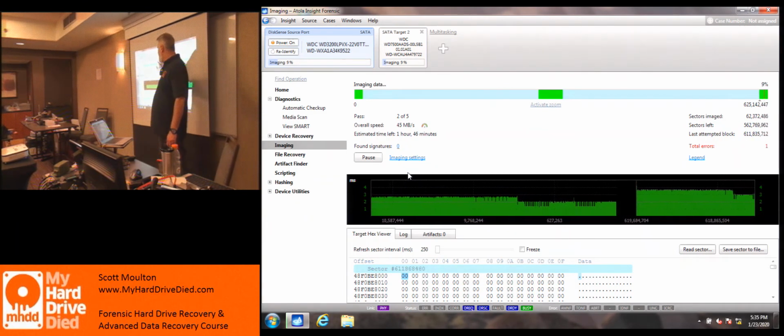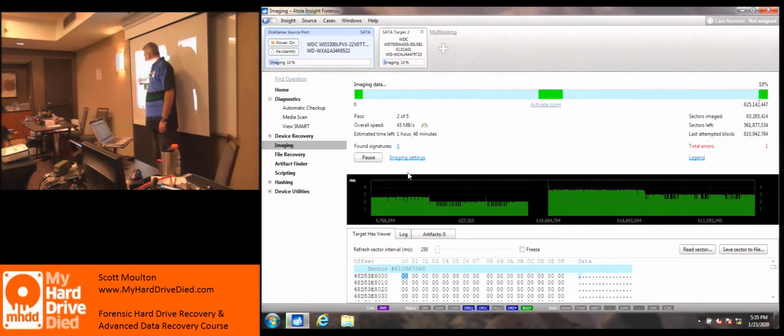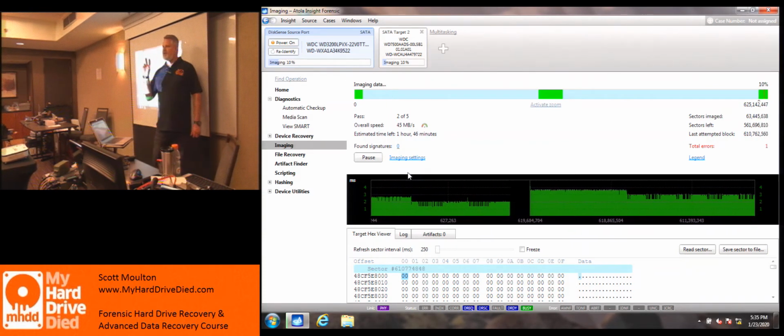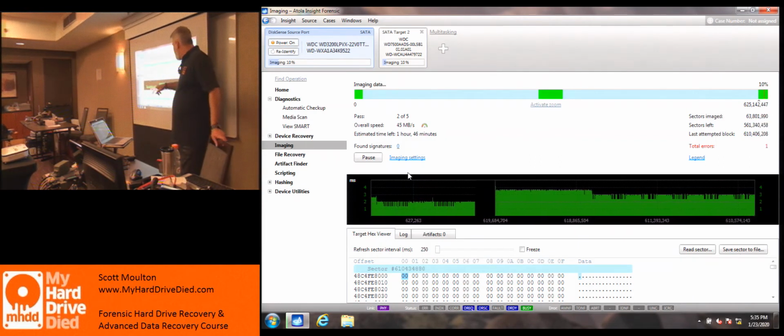So if I told it to image the metadata, it would build the MFT stuff. When it did that, it copies the MFT to the drive. And I'm in the primary drive, I can do file recovery, but the drive is going to warn me. I told you it was going to warn me, so it did clean up that red one, so I'm down to 1 error. Now it's going,